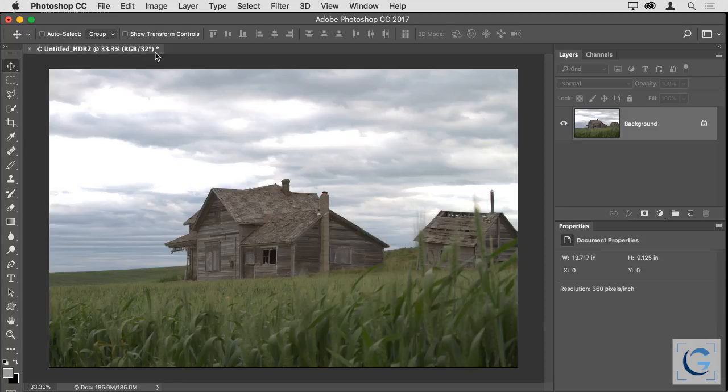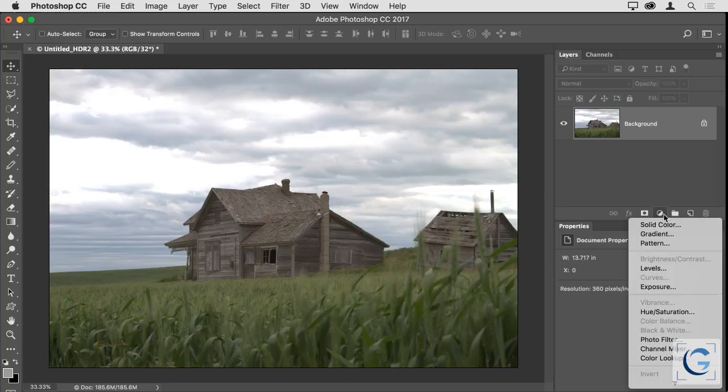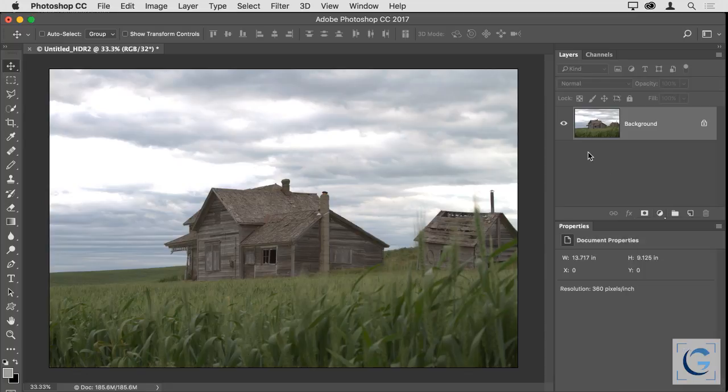If you take a look at the tab for the image, you'll see that reference to 32. This is a 32-bit per channel image. And so, for example, you'll see that a variety of my adjustment layers are not available. I can't use the black and white adjustment, color balance, vibrance, for example, because this is a 32-bit per channel image. So I want to convert to 16 bits per channel, and I want to use Adobe Camera Raw for